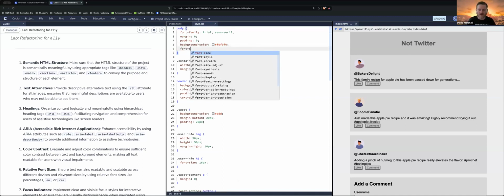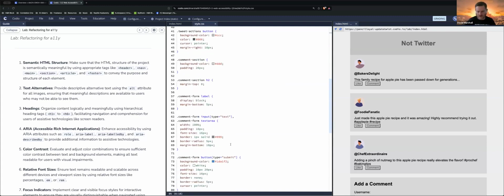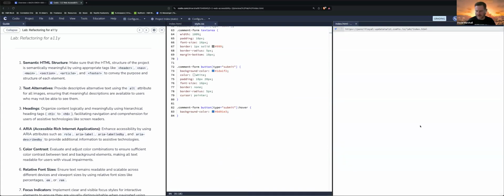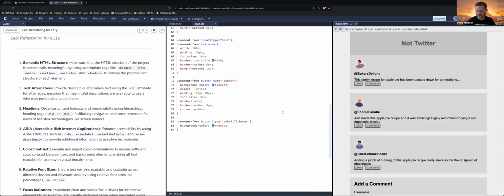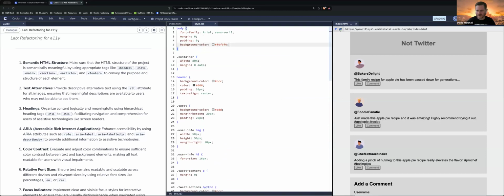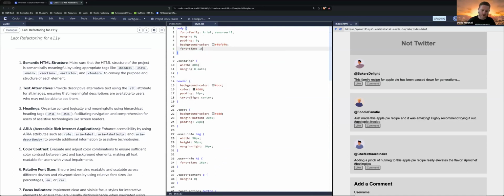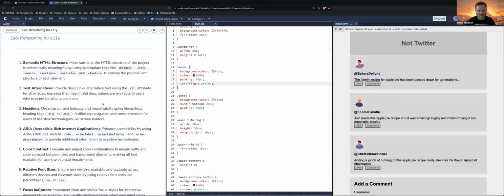So if we change the font size here to 16 pixels, since we don't have any relative sizes, nothing should change, right? At least I didn't see anything that would have changed. Let's try again. Oh, okay. So what we could do is use a little math. If we were happy with what we had here, we can just refactor all of this, right? At least for the relative font size, and we're not going to worry about padding and stuff like